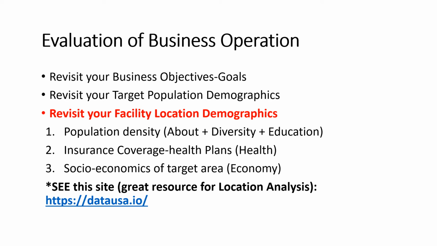You have a specific city or area you put your facility in. You want to know what the average age is, what's the range, socioeconomics of that target area, and then some other statistics. If you go to this link, datausa.io, it's an incredible resource. I've got it on Canvas there also, that you're going to want to use for project 6, and it'll answer all of these questions. Great reference and with very great credibility.